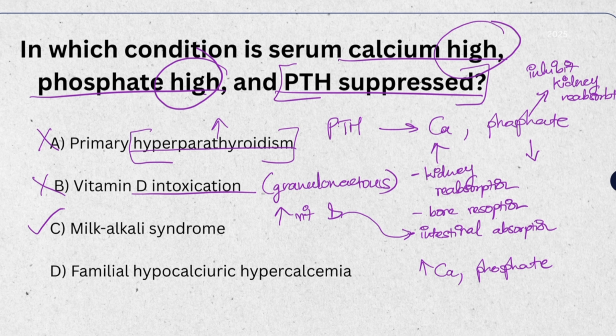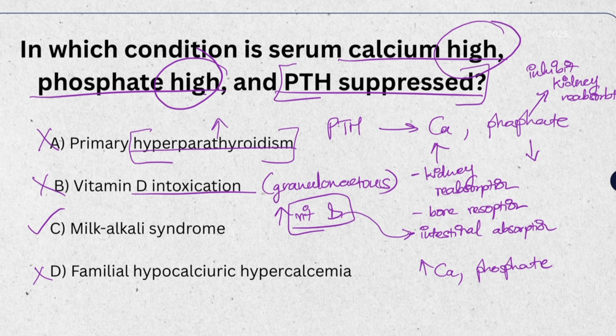Now it's about to get interesting. For this particular option, if it was to be the answer, usually there would be other clues that involve granulomatous diseases, for example, lung involvement and high ACE, etc. Also, vitamin D levels usually are very high and are usually measured to confirm vitamin D intoxication. So now, familial